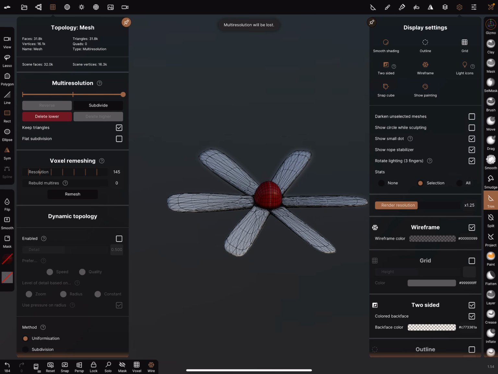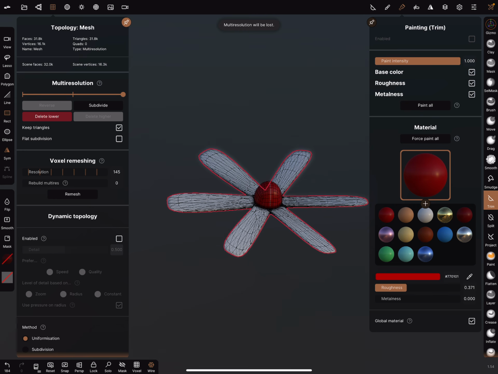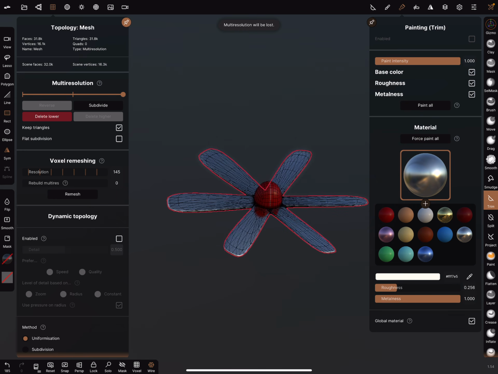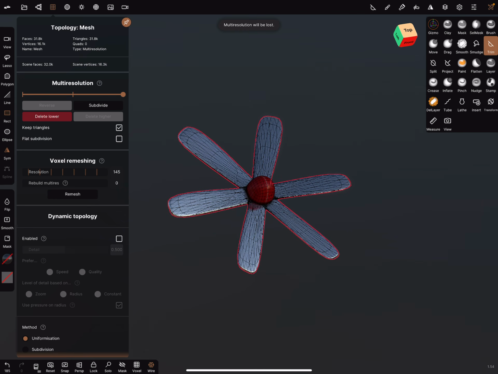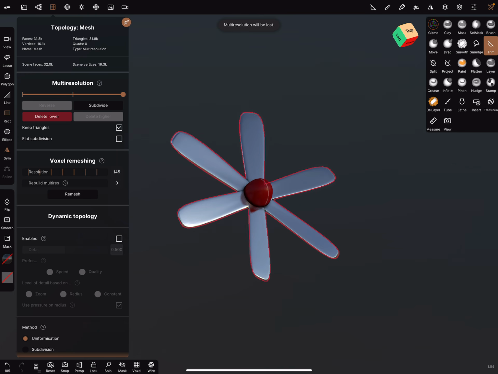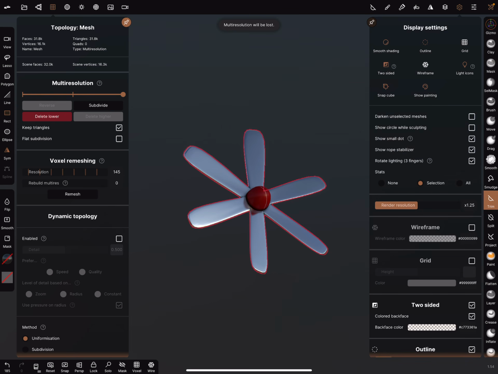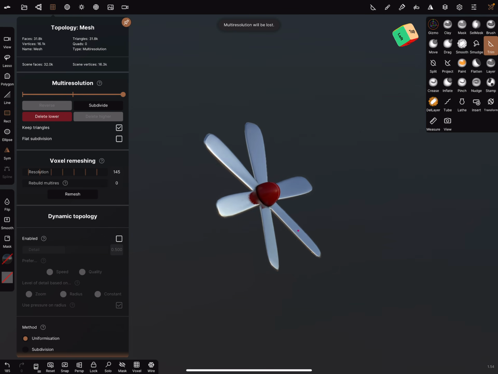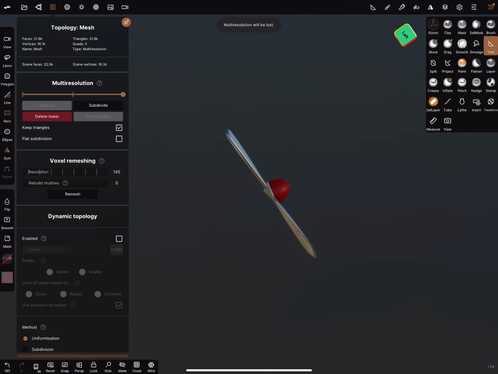And now we can paint it, for example, red. We can change this and paint it like this. And wireframe off, outline off, and every blade has a little bit of a twist.